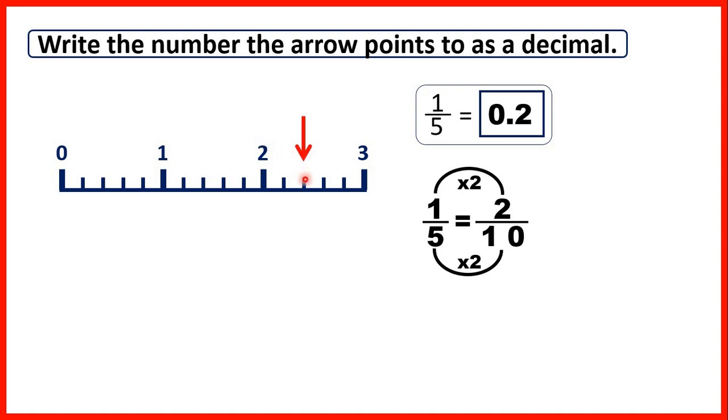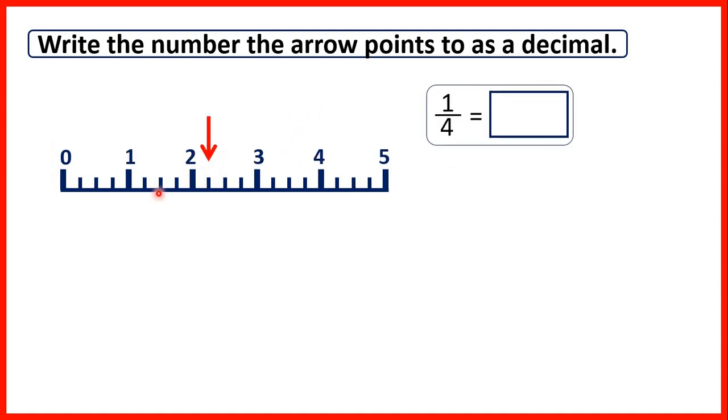So now the arrow is after 2, and it's 2/5 along, so that's 2.4, because 2/5 is 4/10. Now this number line is slightly different. This time we have 1, 2, 3, 4 lines to get from 0 to 1, so each of these little